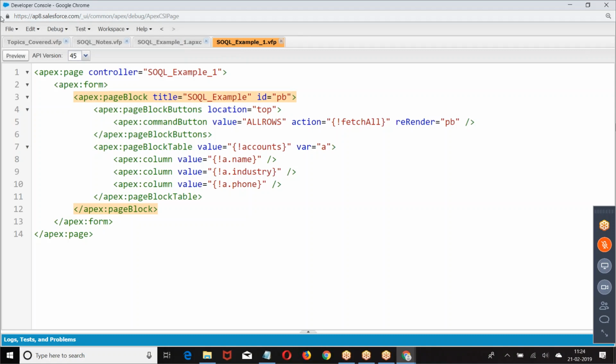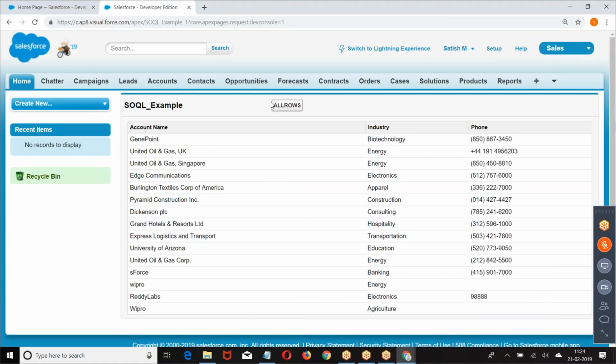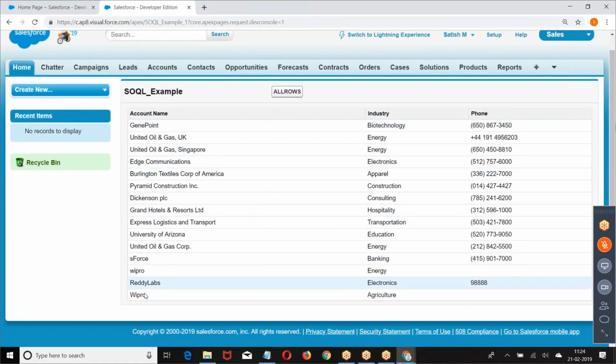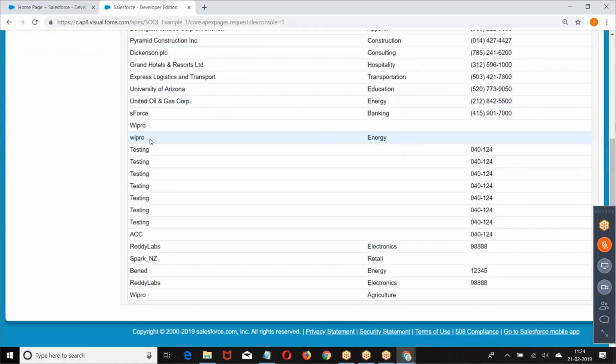Fetch all. When you say fetch all, look at this point. When I'm getting this, we are not getting the testing records, all those things, right? When I say all rows, fetch all the records, including the data which is deleted and still in the recycle bin for 15 days. When you delete the data, how long will the data be there? For 15 days. After 15 days, the data will be deleted. Now I'm saying the data which is deleted but still in the table, fetch that data. It is not the data which you deleted 1 month back or 2 months back.